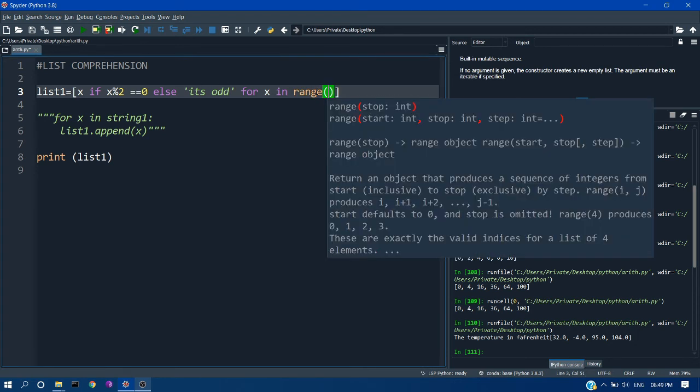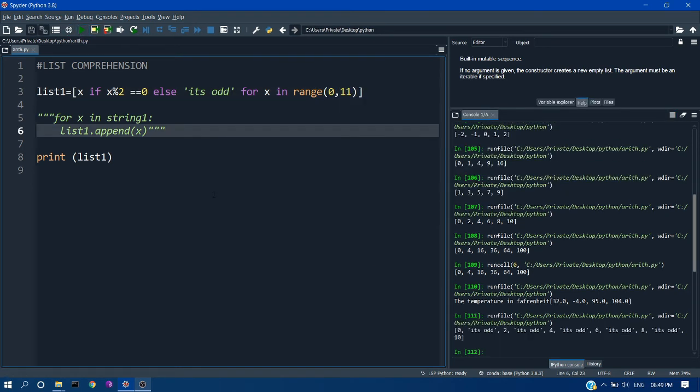range for our calculation of odd even. So here I'm using range 0 to 10. Starting from 0 to 10, it will filter only the even numbers, and in the odd places, it's going to put 'it's odd' in our list1. So from this example, I think it's clear how to use if else in the case of list comprehension. Understand it's a bit weird compared to our if statement, because for if we put it at the end of our for condition, and for if else we have to put it before. So make it clear in your mind before using it.